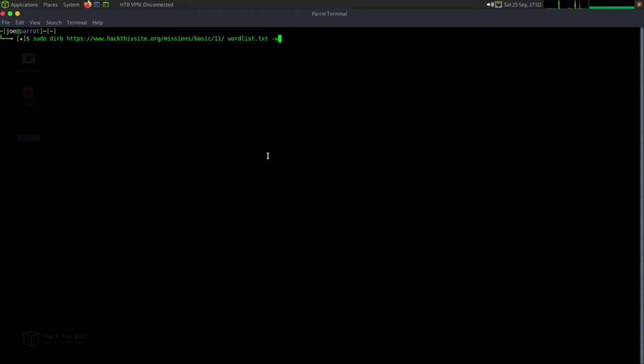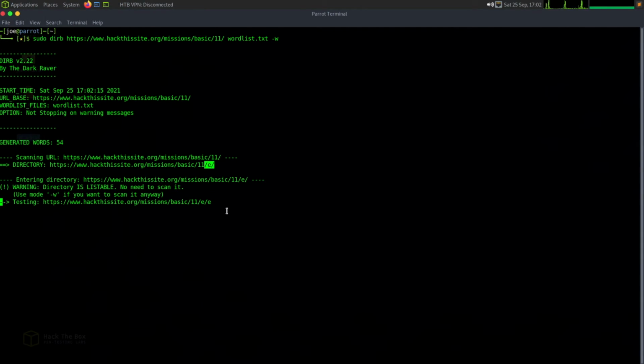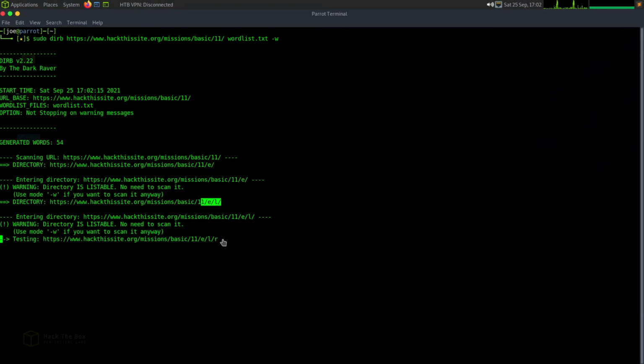So if we run this, it's showing calculating not found. There we go, now it's starting to kick off. What you can see is it's already found the E directory, and it's just going through the alphabet and looking for files. Now, again, I created the word list myself as I already knew what to expect for this challenge, but it's slowly going to check through all the letters in the alphabet and append it to the original path until it finds the path that we're looking for.